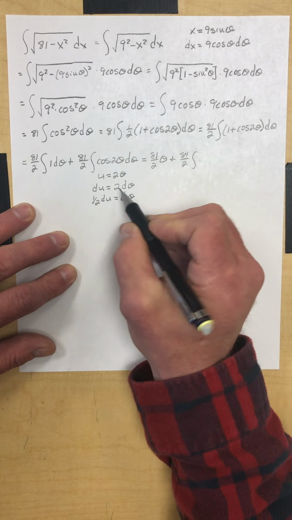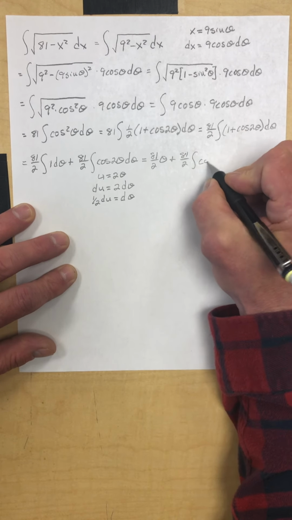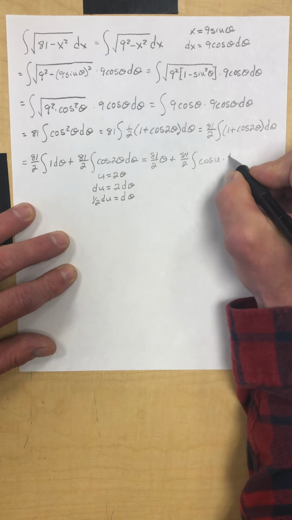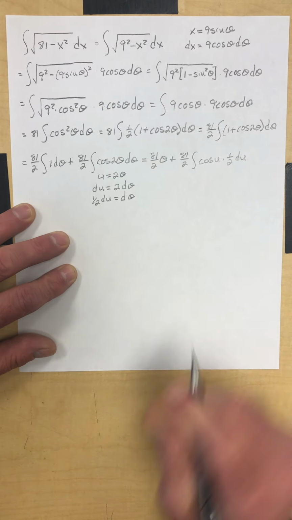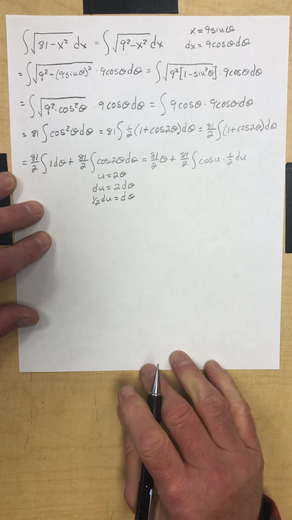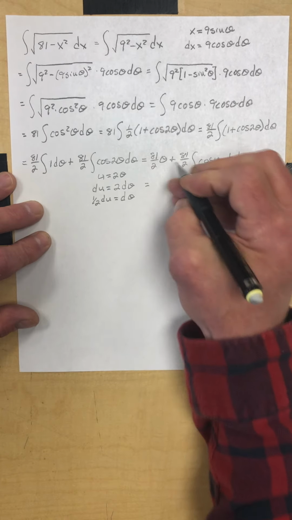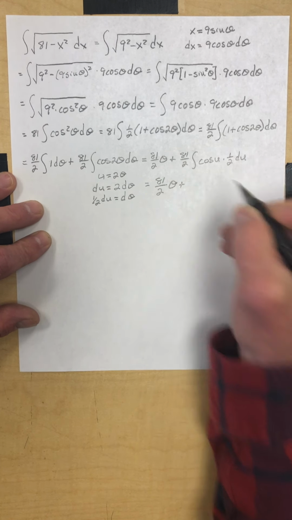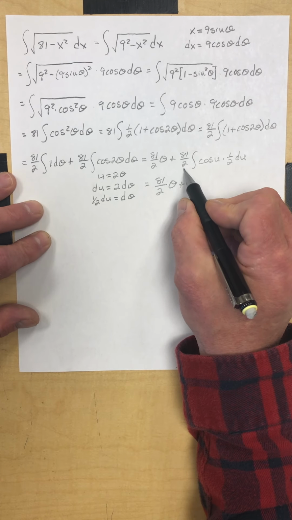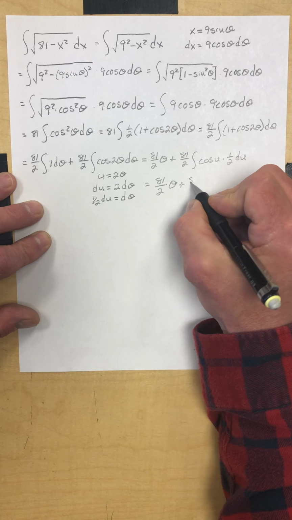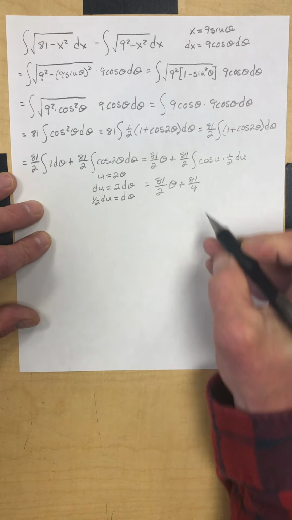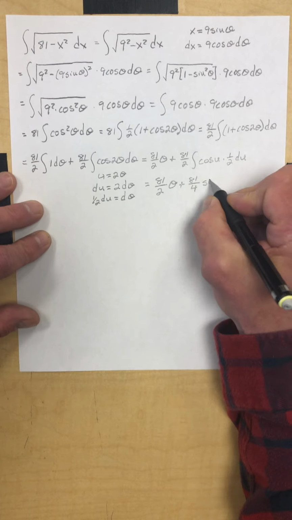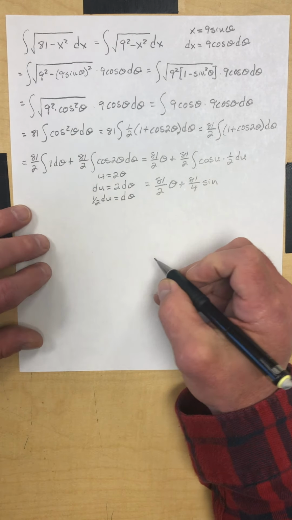Cosine of 2 theta becomes cosine of u times my d theta, which is 1/2 du. So we've got 81/2 theta plus the 81/2 times the 1/2, so that's 81/4 times the integral of cosine u, so that would be the sine of u. So I'd get sine of u, which is 2 theta,